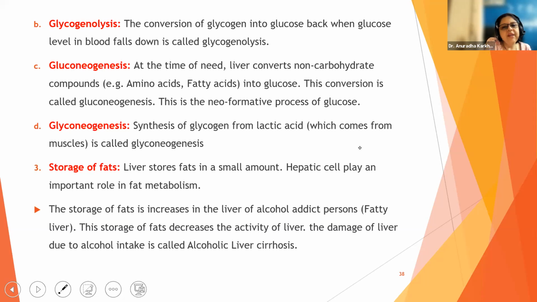And the D point is whenever lactic acid formation takes place in our muscles due to anaerobic respiration, which we have done in breathing and exchange, this lactic acid causes a lot of pain and cramps. So immediately this lactic acid will be converted into glycogen, to relieve ourselves from the pain and cramps. So this formation of glycogen from lactic acid is glycogenesis. And gluconeo means formation of a new molecule of glucose. Okay.